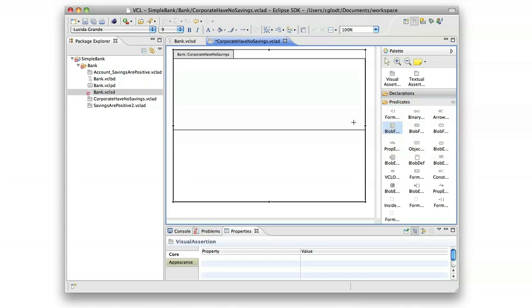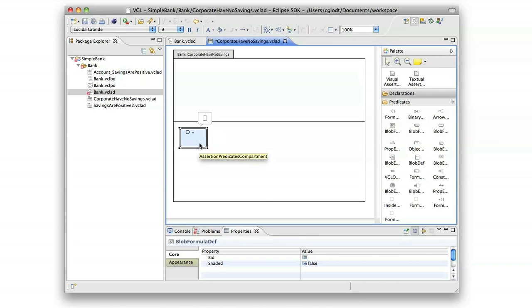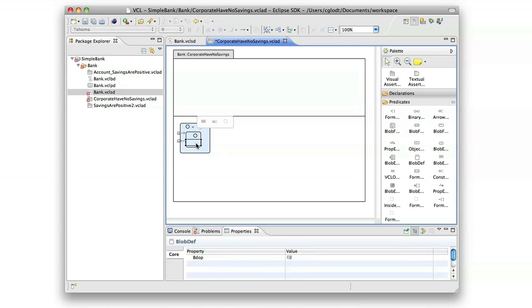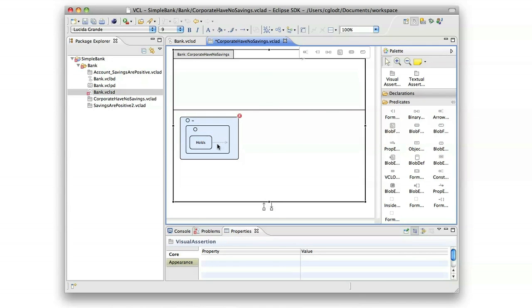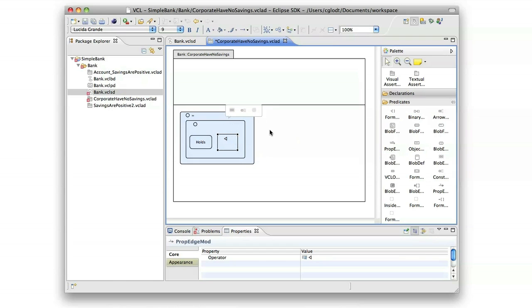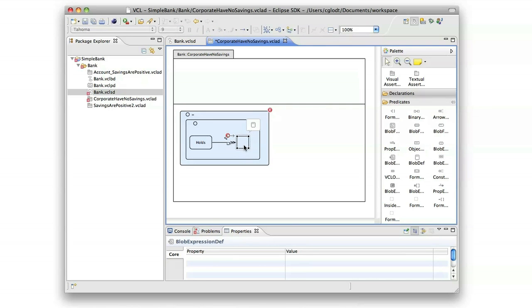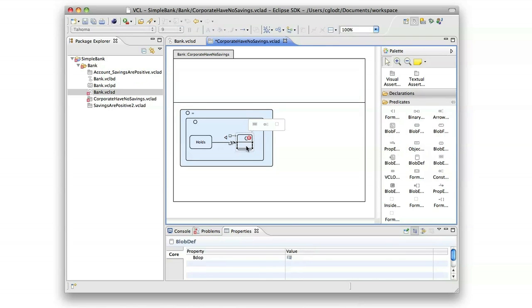We place a blob formula def in the predicate compartment. Within this blob formula def, we place a blob def, and within this we place a constraint blob. This represents the relation holds. Now we put a property edge modifier on this relation, to which we add a blob formula def, a blob expression def, containing a blob def which